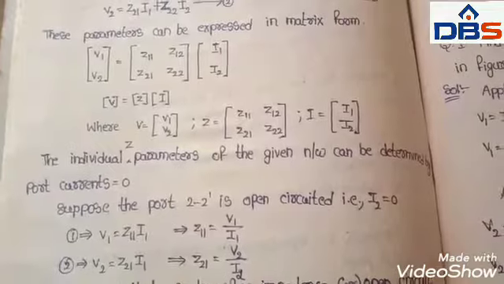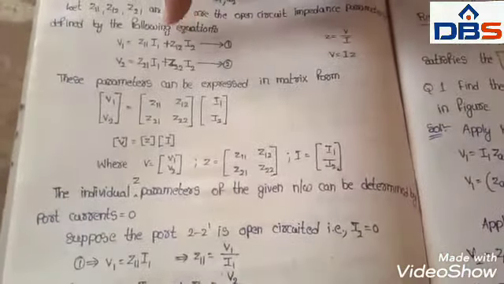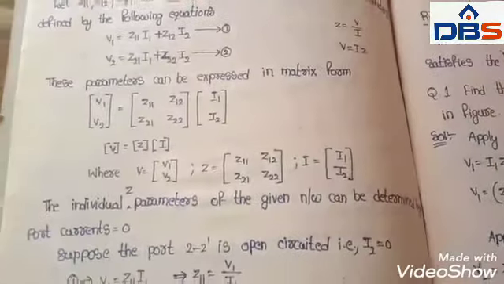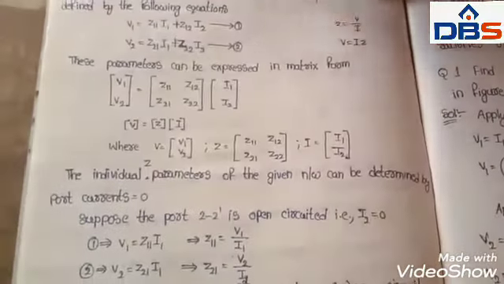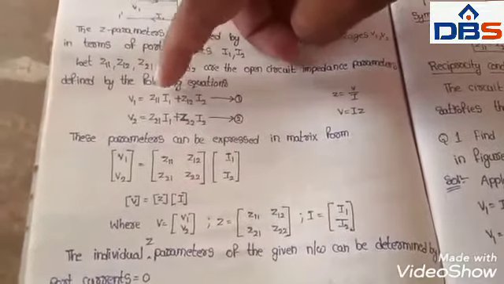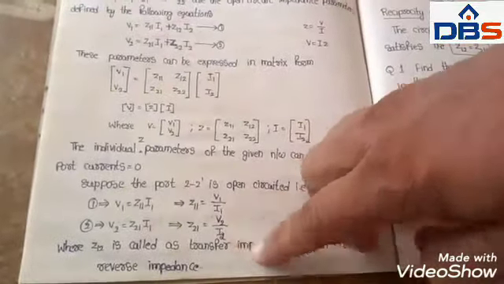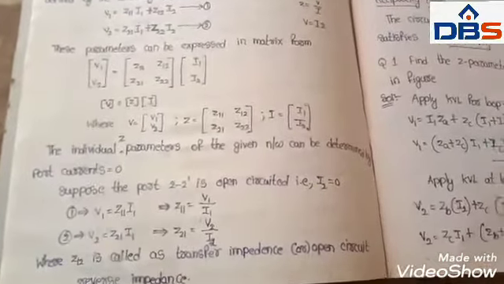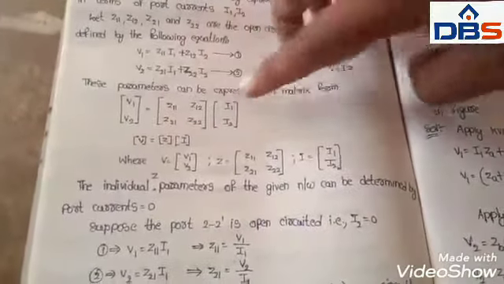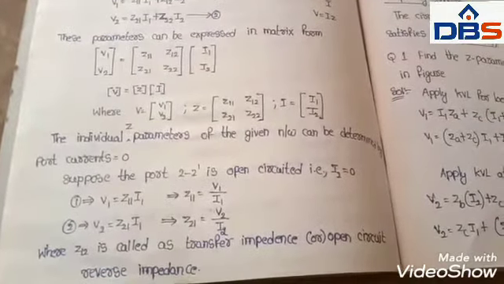and I is [I1 I2]. Now you have to find each individual parameter. Suppose I measure Z11; that is nothing but putting I2 equal to 0, so the secondary side, or 2 dash, is open circuited, that is I2 is 0. Substitute I2 equal to 0 in equations 1 and 2 respectively. Z11 is equal to V1 by I1, Z21 is equal to V2 by I1. In a similar manner, when 1 dash is open circuited, we get Z12 and Z22. Like that, we have to find the individual Z parameters Z11, Z22, Z12, Z21.